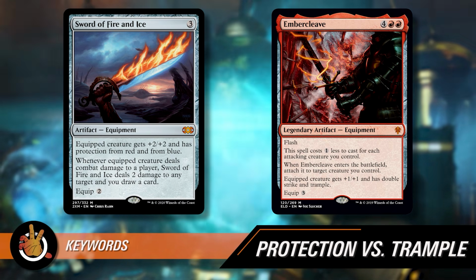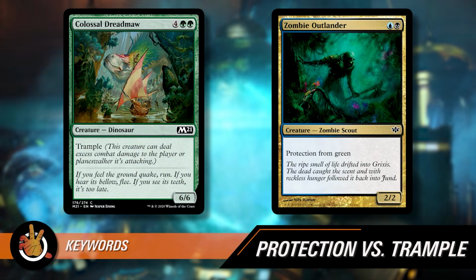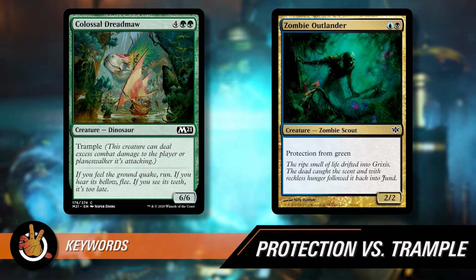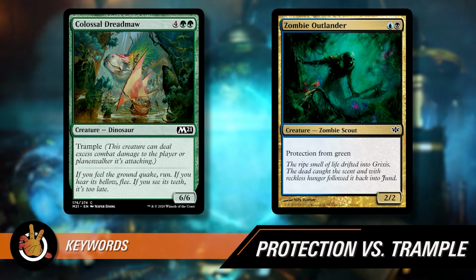So with trample, yes, when you oppose it. If I have a Colossal Dreadmaw and you have a 2/2 with protection from green, what happens? Do I have to assign all of my damage to it because none of it is lethal? Or is none of it lethal, so all of it tramples over? That would be cool. Yeah, so...